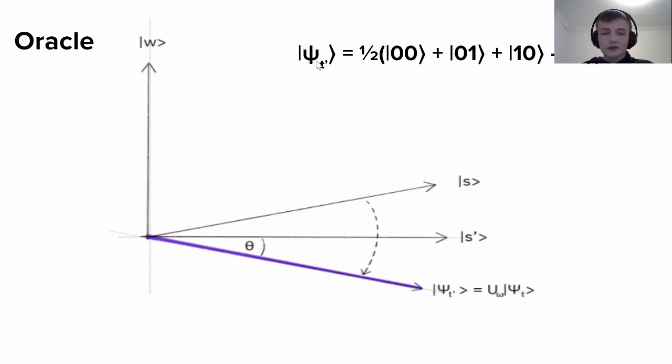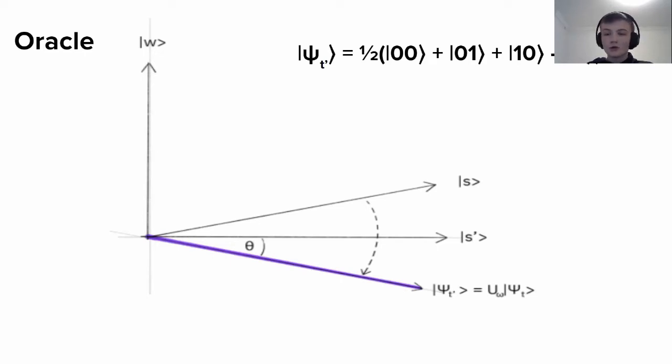So that can be visualized here in psi t prime. It's a superposition. You can see that with 1/4 probability of each state being measured. So 0, 0 has a positive phase. Once again, 0, 1 has a positive phase. 1, 0 has a positive phase. And we see that this 1, 1 state has been marked by a negative phase. And that's the beauty behind Grover's algorithm, so we mark this phase somehow. And yeah, so we have a negative phase that's only applied to the 1, 1 state.